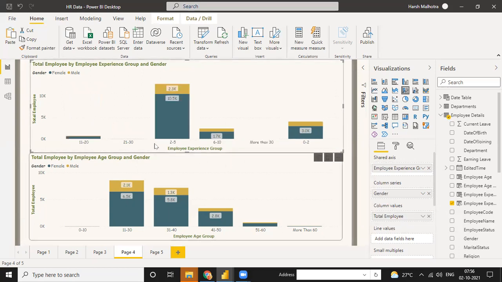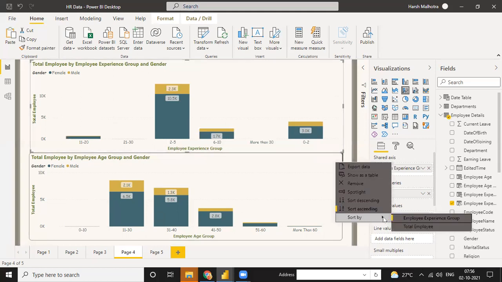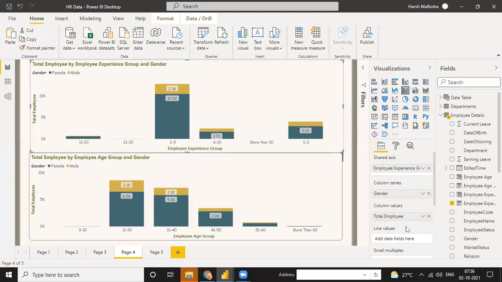And see, 11 to 20, why is it not coming as 0? Because it should be coming, but it is not coming. Let me just do this ascending. Yes.